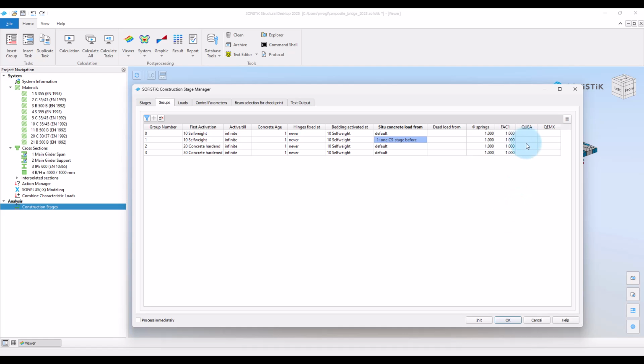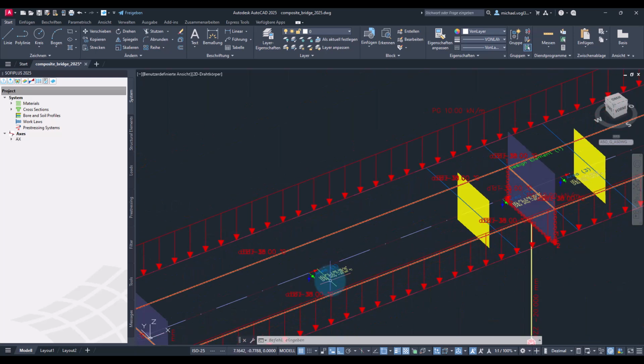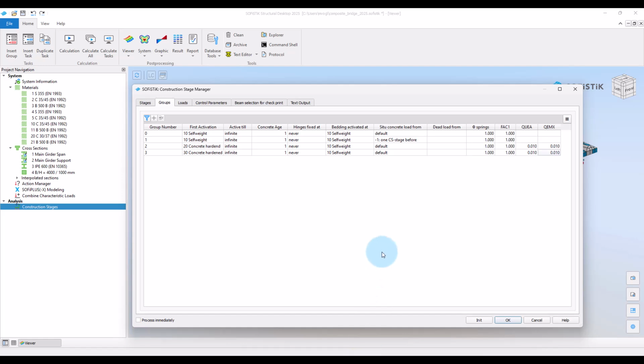We set both to 1% for the groups containing area elements. Please also check here if the local x direction of the structural areas is oriented in longitudinal direction of the bridge. So that's it for the group definition.